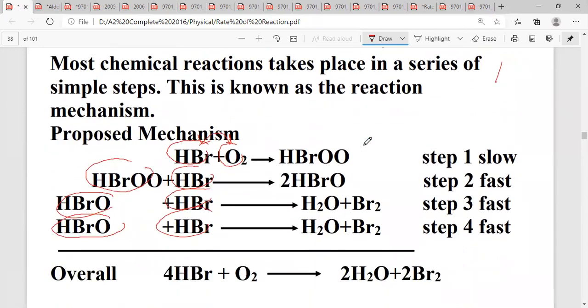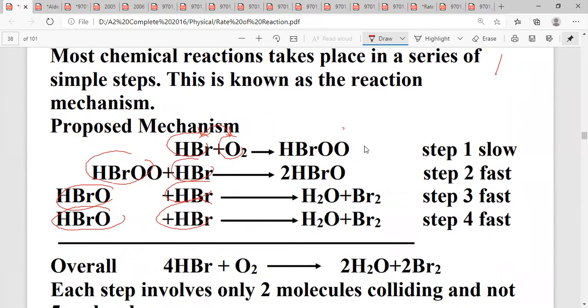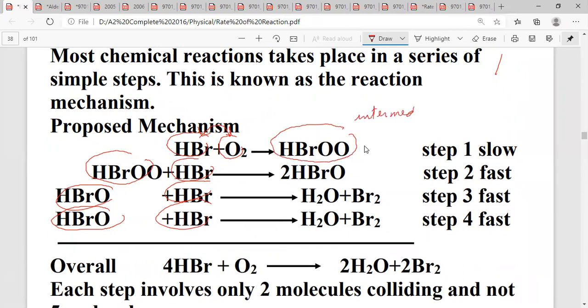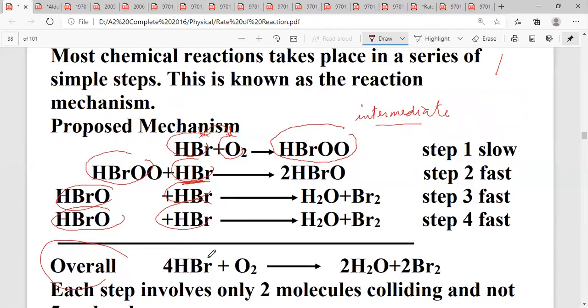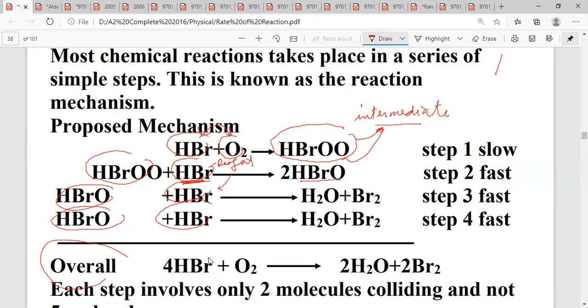Now here I put HBr plus O2 gives you HBrOO. This is an intermediate, it's not a reagent. The second step they propose is HBrOO plus another HBr. Why must you put this on? Because at the end, when you add it all, it must give you the overall equation. So it has to react with HBr to give you HBrO. So this is a reagent, and this HBrO is also another intermediate. And of course, this intermediate now reacts with HBr, which is a reagent, to give you